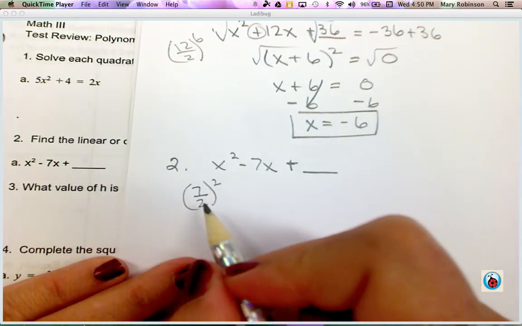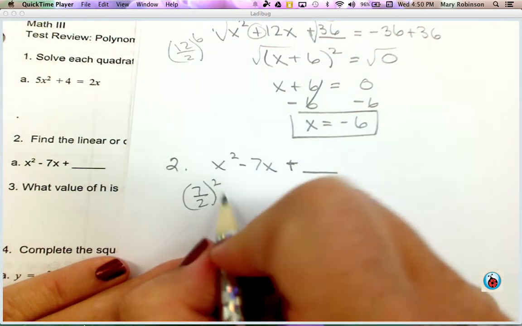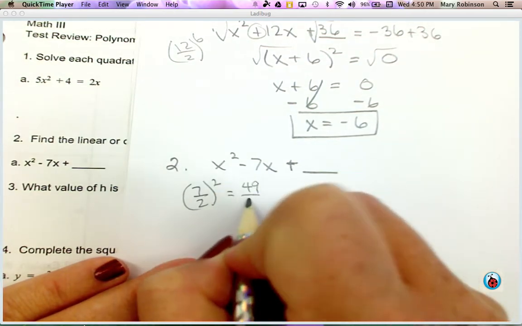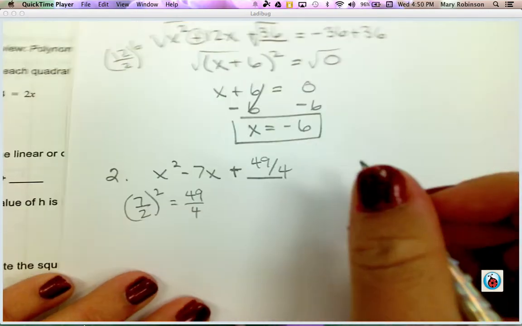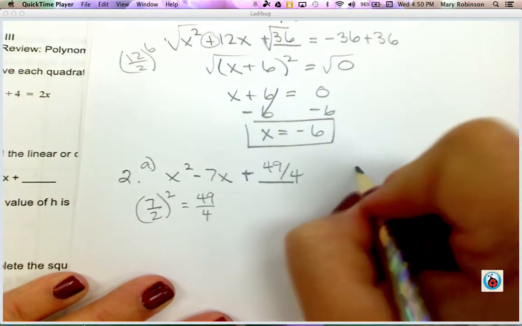So this is my work, 7 divided by 2 squared. So that's 49 over 4, and that's the number that goes in your blank. That's your answer. So that was A. For B,